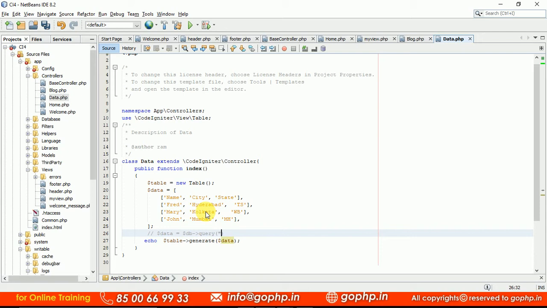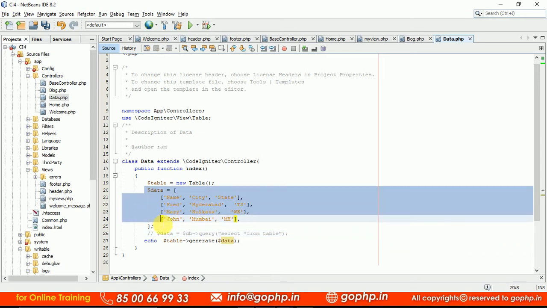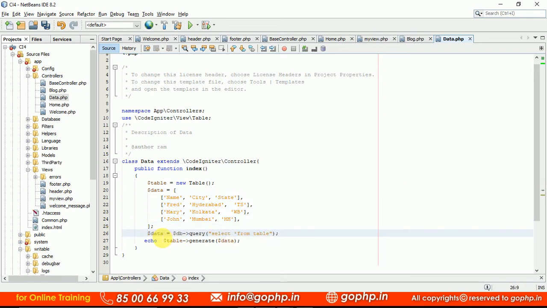After that we have to load the database, nothing but the select query, select star from your table name. If we pass the table name, then what is going to happen? Whatever data we are getting, here we took it statically. If you don't want static data and want to get data from the database, then you have to write this and just pass this data variable to it, that's enough. I think it is going to generate the data dynamically. Right now it won't work for me because I didn't do the configuration and I didn't explain database configuration yet. Wait for some time, we will do the configuration, then we can understand things very clearly. As of now I'm passing static data, just watch it.